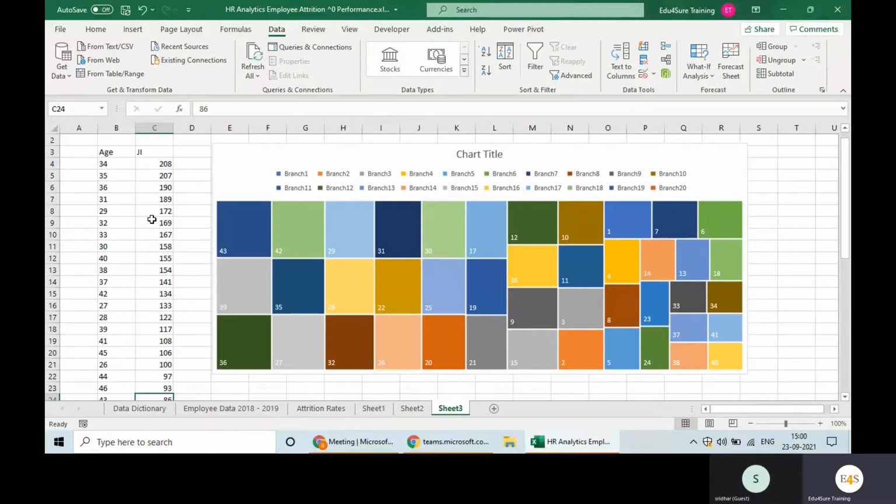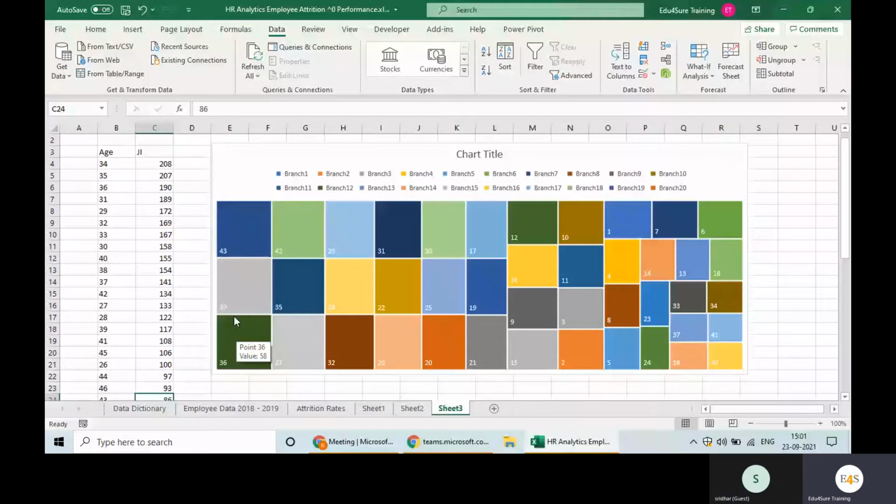We have collected that data out of a survey. The data dictionary shows that 1 is low, 2 is medium, 3 is high, 4 is very high. So the sum of job involvement, if you take it, how will it be calculated? If your job involvement is 3 out of 4, mine is 4.